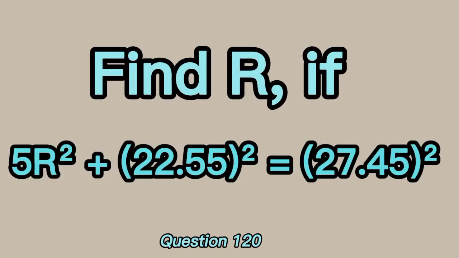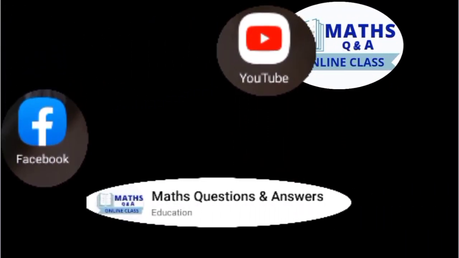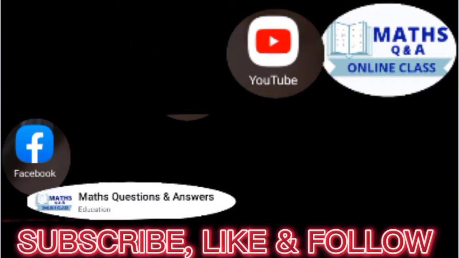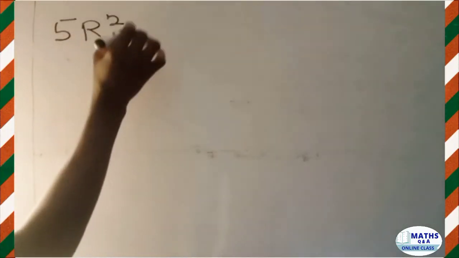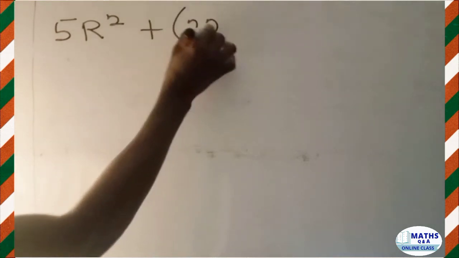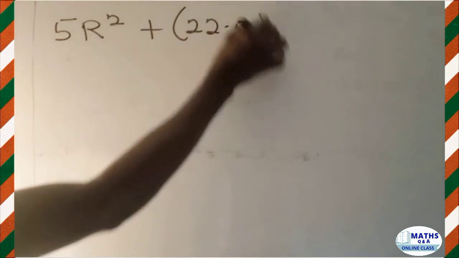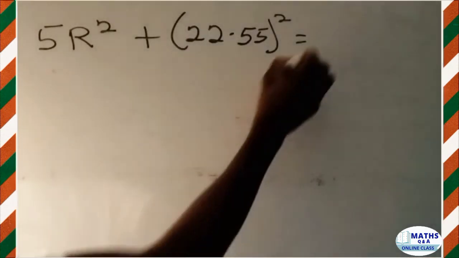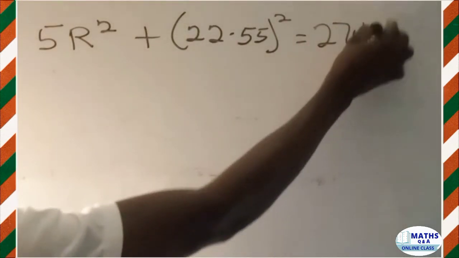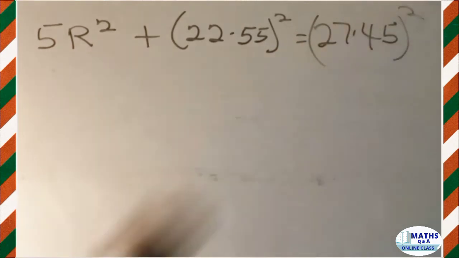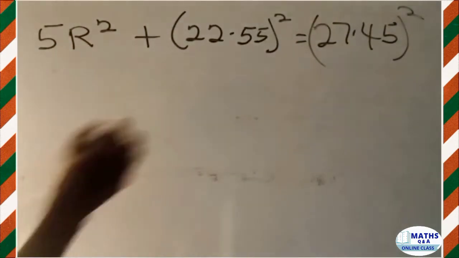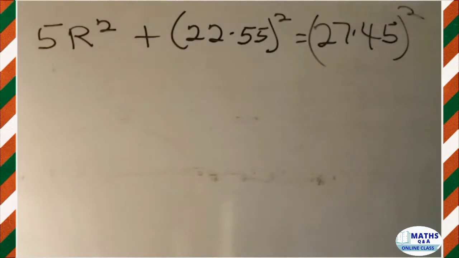Find R if 5R squared plus 22.55 squared is equal to 27.45 squared. So we are given 5R squared plus 22.55 squared, and that is equal to what? 27.45 squared. Very good. So having this question, we are to evaluate it, and if you can do that, the